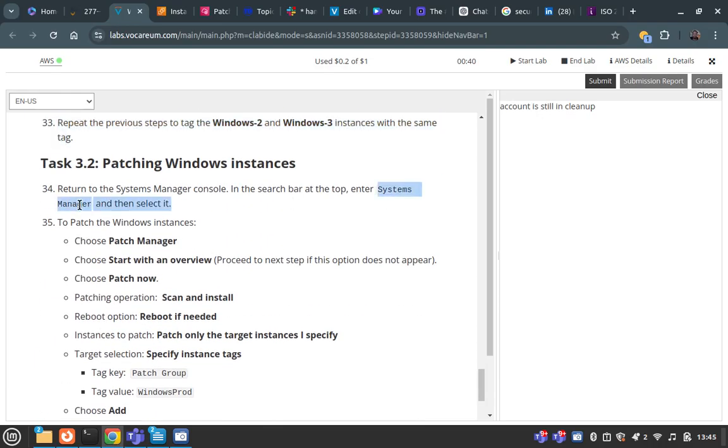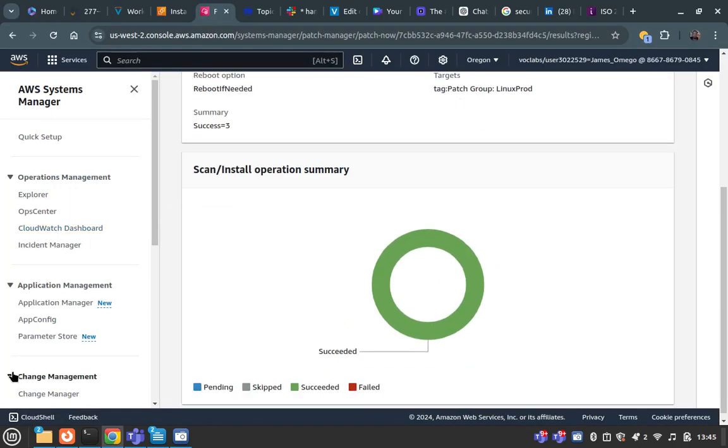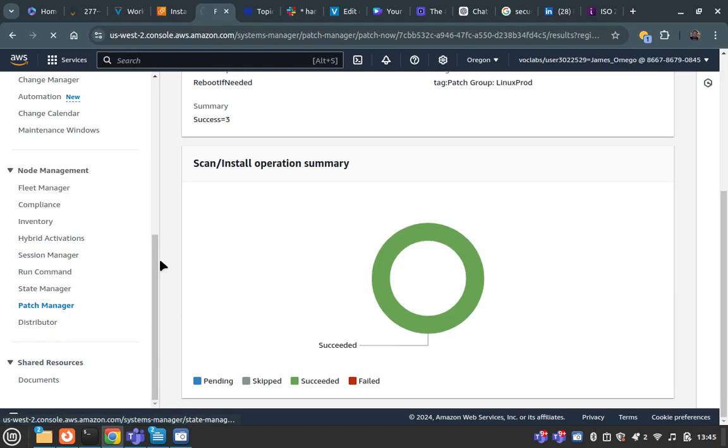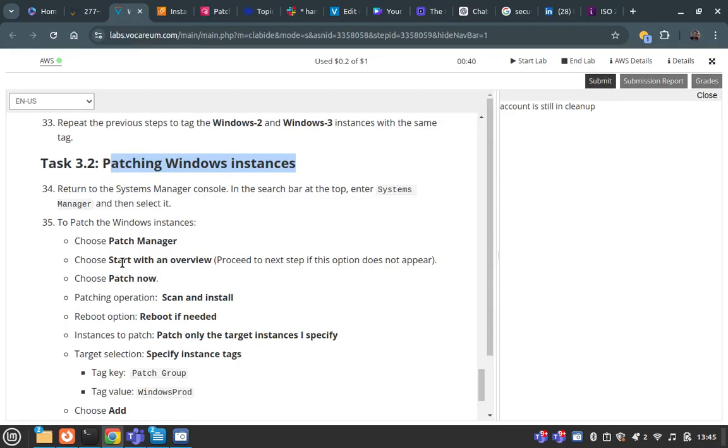When you navigate back to your Systems Manager, Patch Manager, start with the overview. You can patch now, scan, and install. So you're going to patch the Windows just like the way we did in the Linux instances. This is what we are still going to be doing now for our Windows instances, right? So as you can see, right,